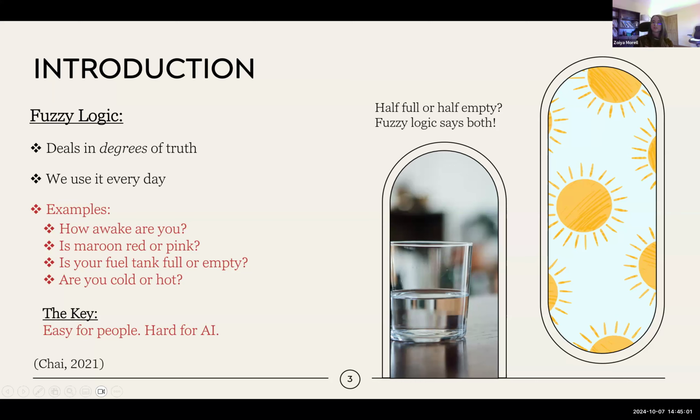The main gist here is that it's really easy for us. In one slide I can summarize fuzzy logic, and I'm sure you all get it: it's how hot or cold I am. It makes sense for us. For AI, it's not that simple. And I also just love the example of the glass half full or half empty, because everyone makes it into a binary problem, even though this is a perfect example of fuzzy logic. It's both. It's 0.5 full and 0.5 empty.